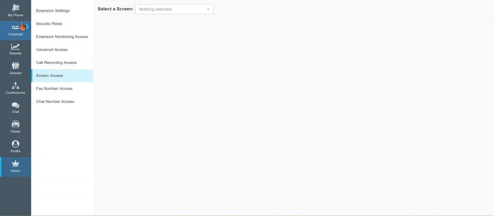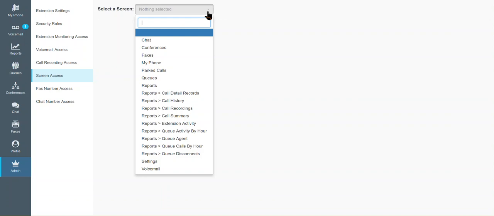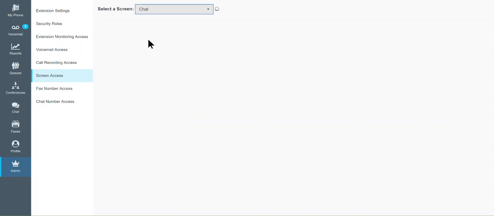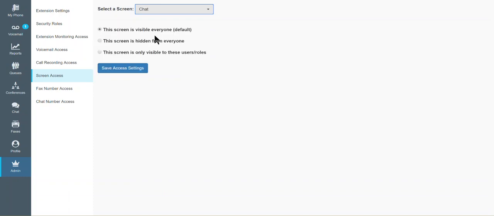Screen access. There may be some features on the left-hand side here that certain folks won't need to see or won't use. So for example, if certain people are not going to utilize the chat feature, or maybe you're not going to utilize it at all for your organization, you just click chat, and then again you're going to get options. The screen's visible to everyone by default, the screen is hidden from everyone, or this screen is only visible to those users and roles. Let's go ahead and hide the screen from everyone. Save those settings, and